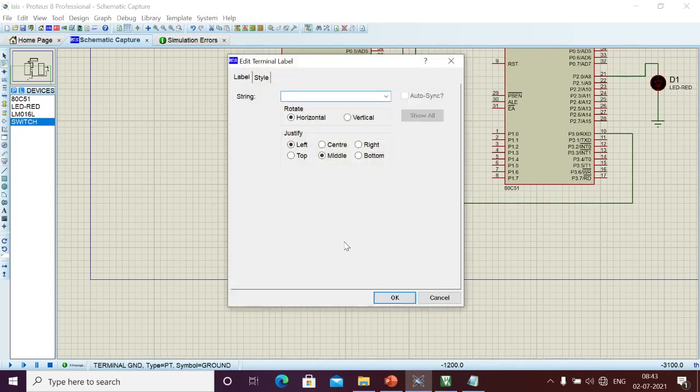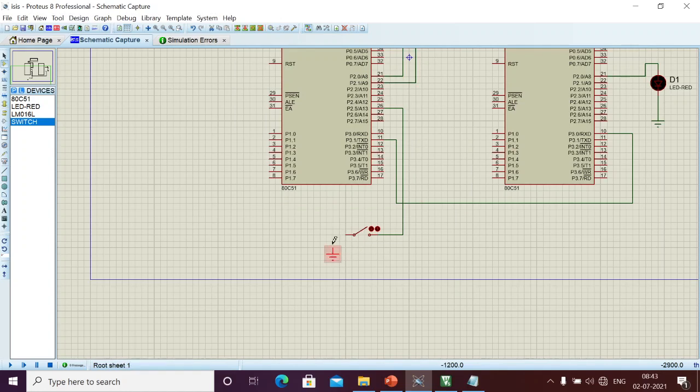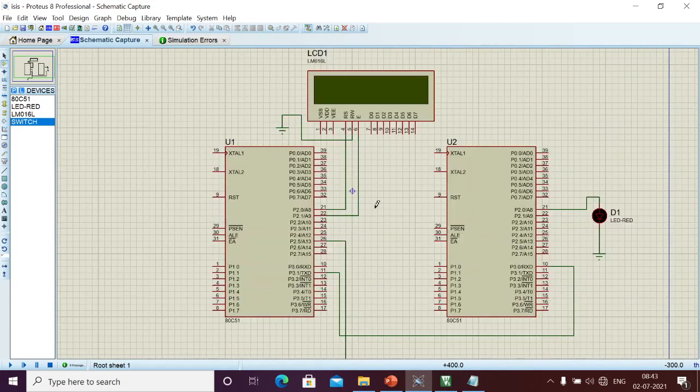This way I interfaced the switch to 2.5. Why? Because I should connect the LCD also, and it should be very clean.